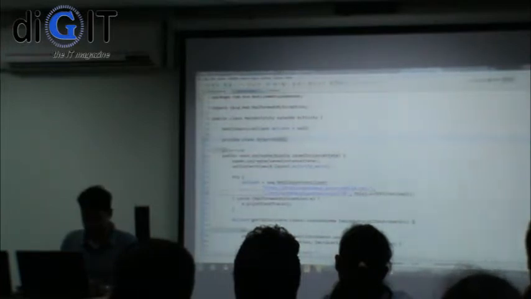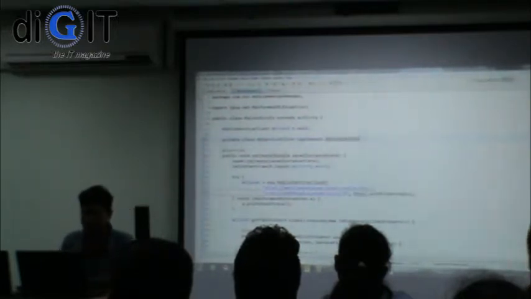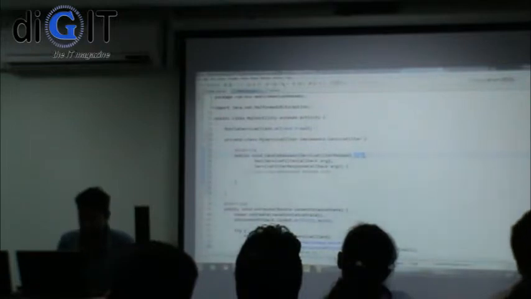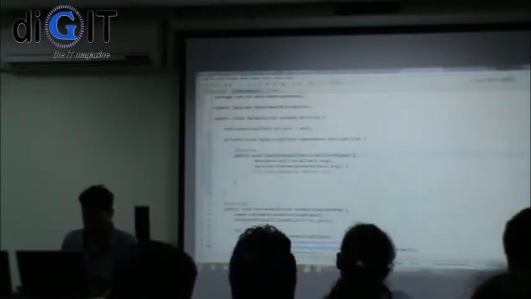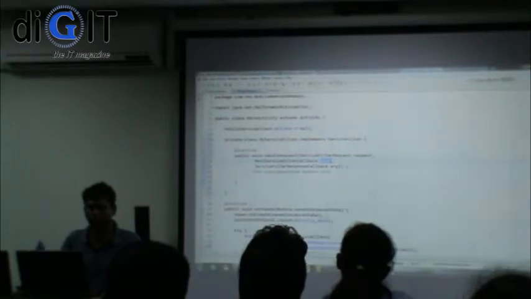I can say class MyServiceFilter implements ServiceFilter, and it has to implement one method, handle request. Again, Eclipse is giving problems with the name. So it's basically going to be the request, that's the request about to execute, and this is a callback. It's supposed to be called once it's done.